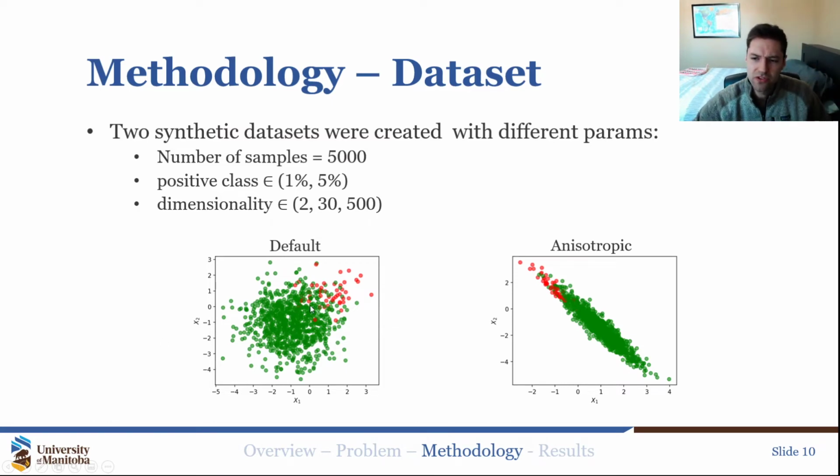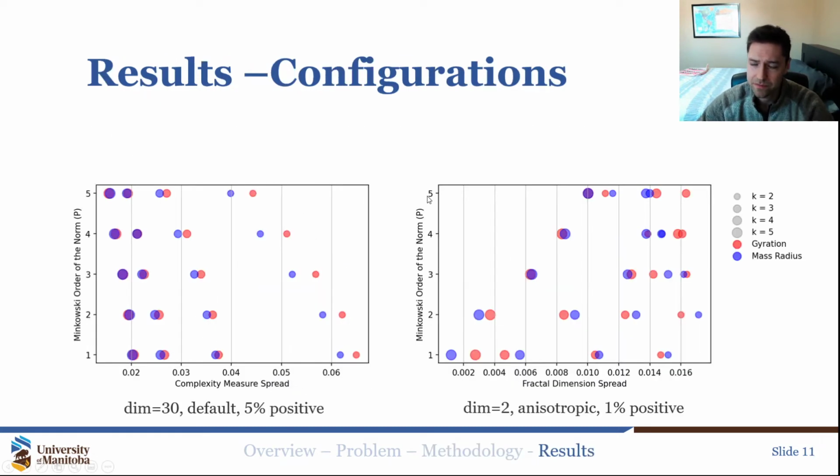And we looked at 2 different sub-topologies, where we can take a default cluster here on the left, and an anisotropic one where the points are just transformed and spread far apart. So this is just to test the sensitivity of our complexity measure. So just to go over how we fine-tuned our parameters, our configuration